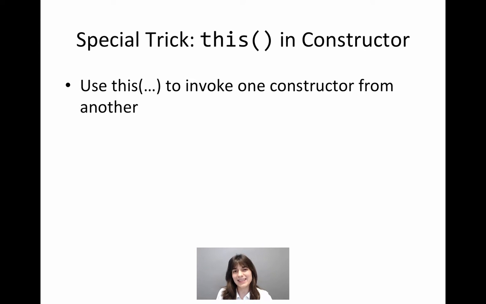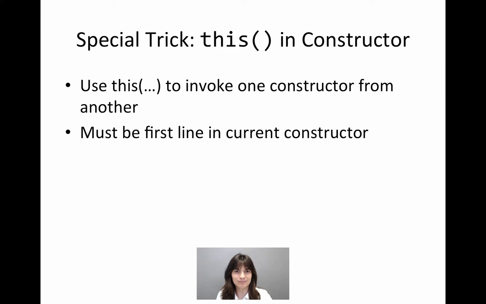We are using this with a pair of parentheses to invoke one constructor of the class from another constructor within the same class. So we have overloaded the constructor and we are using this in the constructor body, which will have as a result to call another constructor of the same class. There is a limitation that this, if we want to use it, must be the very first line in the